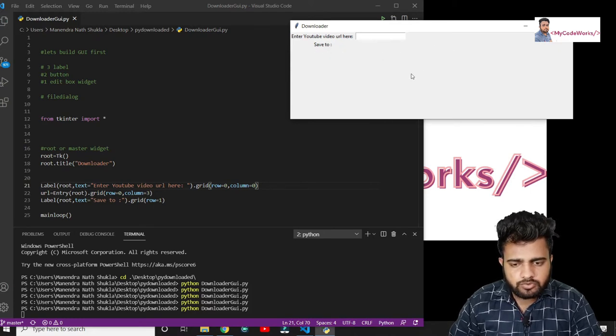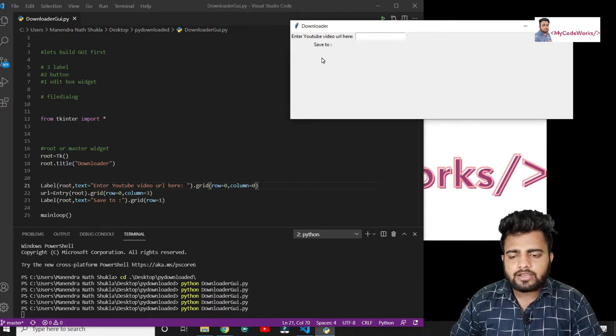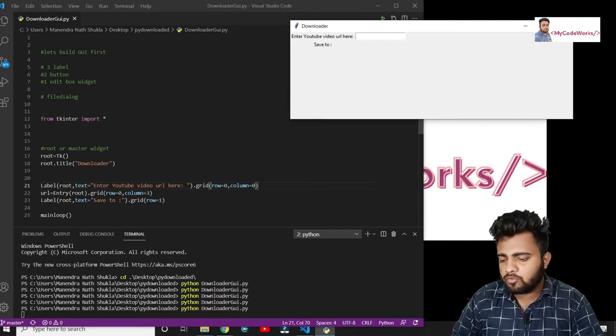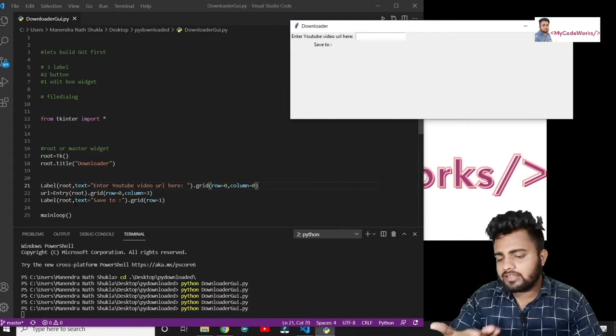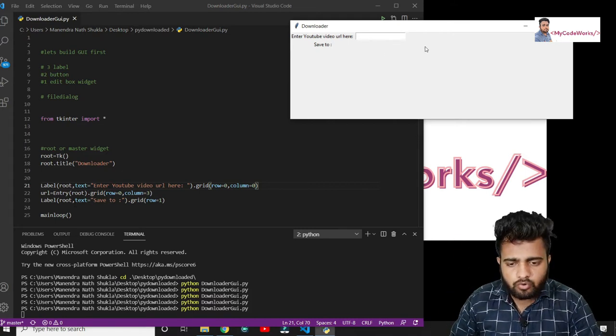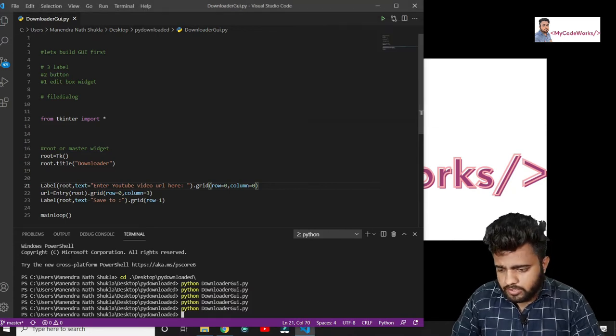Now after that we are going to create two buttons. I mean one for a notification, a note, if you want to show, like please have patience, it will take some time, so you won't worry that it's not responding, it is not working. It depends on you. If you want to create it, you just create one more label. I'm not going to create that thing, right? So we are going to create two buttons here, one for browse, another for download, right? So for that we are going to create two buttons.